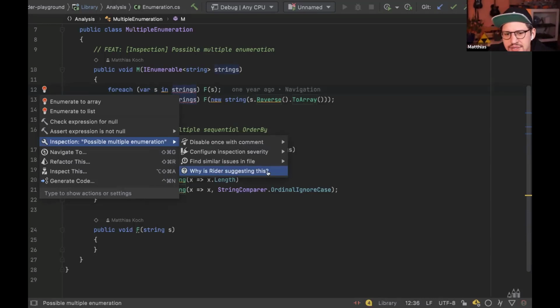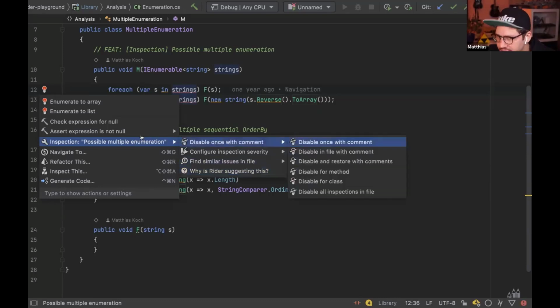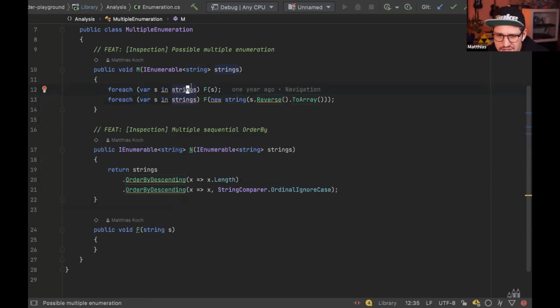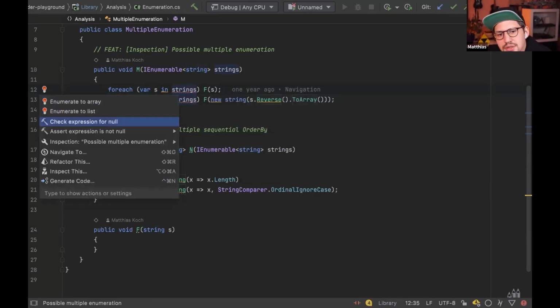But in this case, you can say, why is Rider suggesting this? And this will open up your web browser, redirect to the appropriate help page, and then you can read up on this and why this particular thing is an issue. I also did something else here, and that is, since I was bitten by this several times already, what I